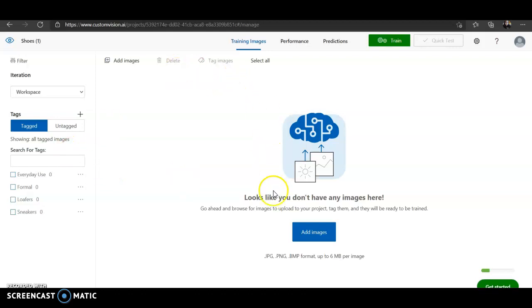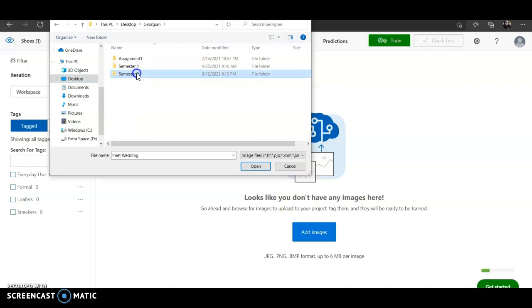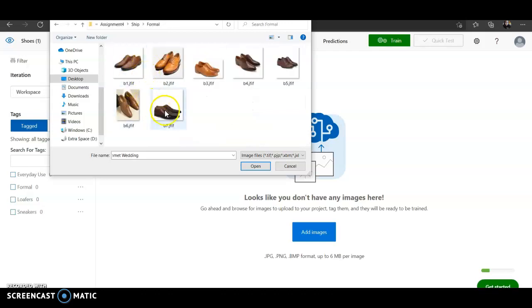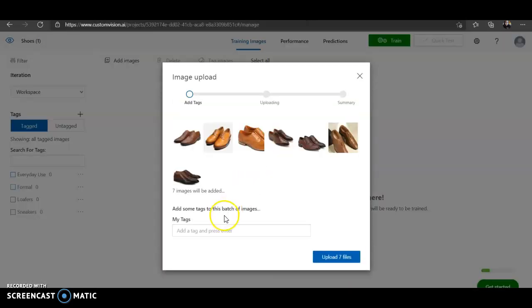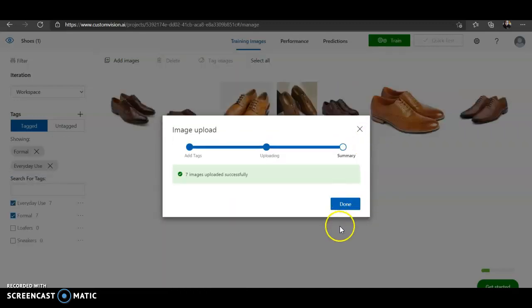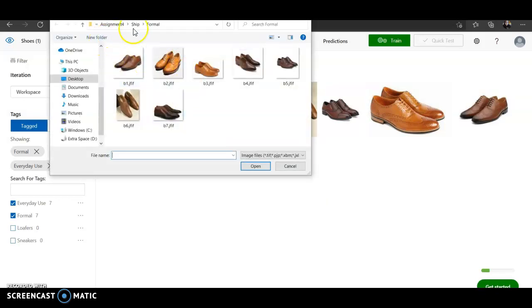Now I am going to upload images for my tags. Here I will add images. I have images already saved in my system. My first category is formal. I will select all the formal ones, and I will tag them for formal and for everyday use. Similarly, I have uploaded images for my other categories as well.